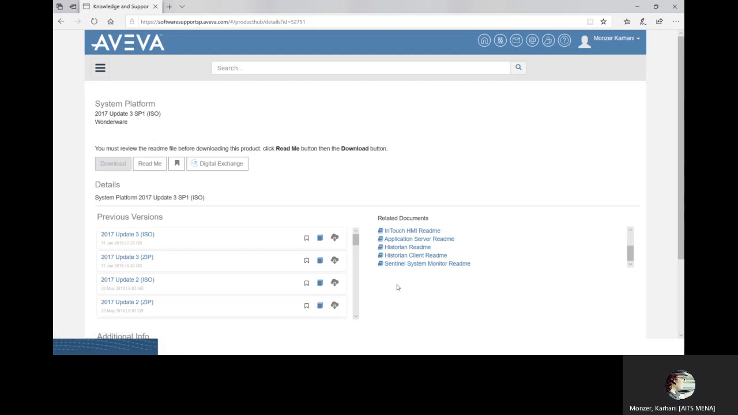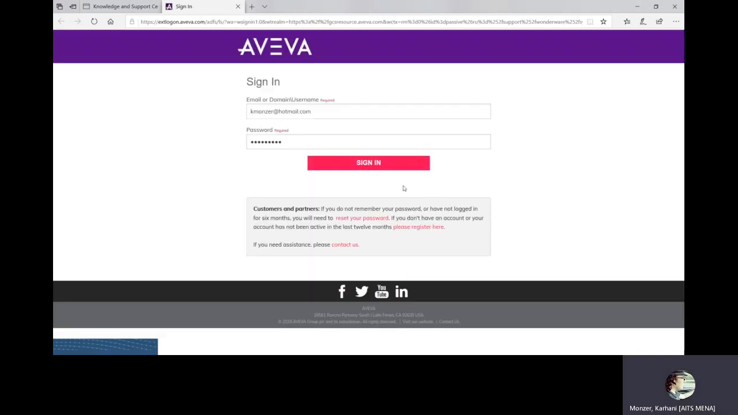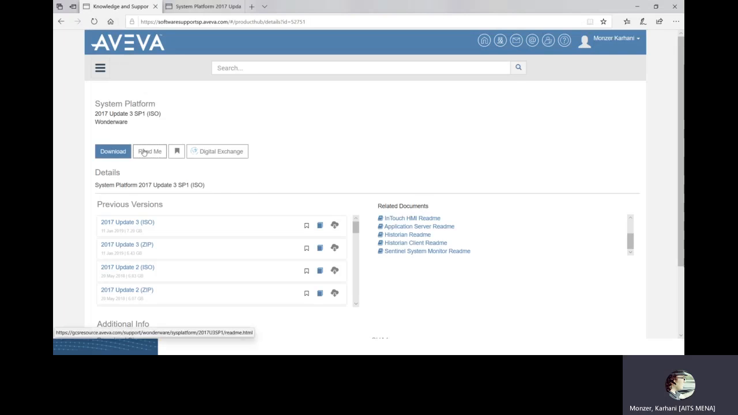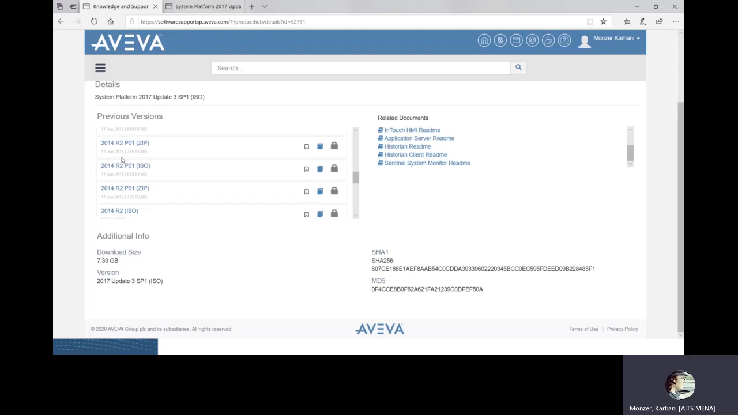Sentinel system monitoring file. Now, as you see, the download, I cannot download it. Why? Because I have to open the README file first. Sign in. Once I click on the README file, I can download the product. But remember, I need not the 2017 Update 3, but 2014 R2